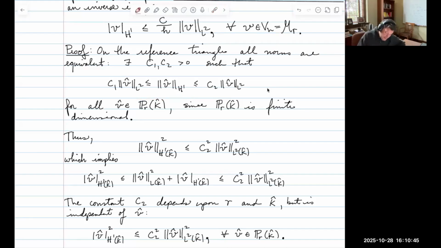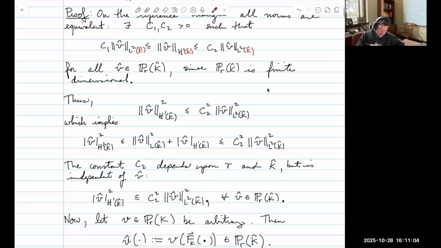In fact, I should probably write here that these norms are the norms on the reference triangle. So K hat, this is K hat, just to be clear. All right, therefore,